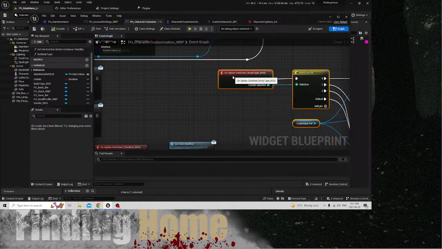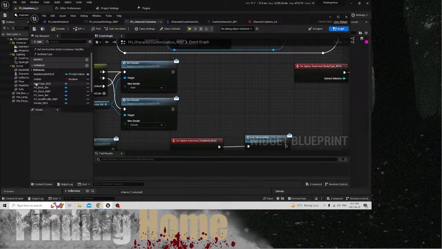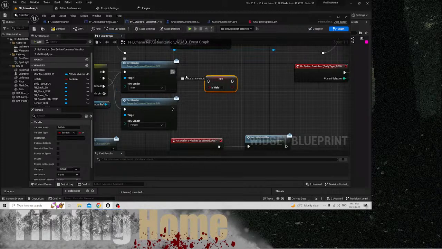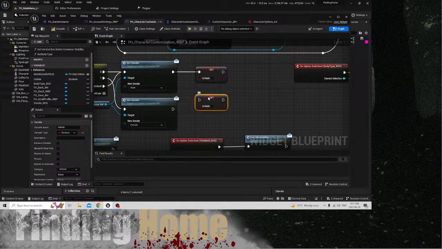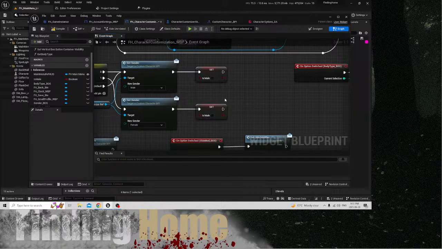We'll move these guys out a little bit, and we'll set this as male. So this is male. True is male. False. And then we're just gonna set